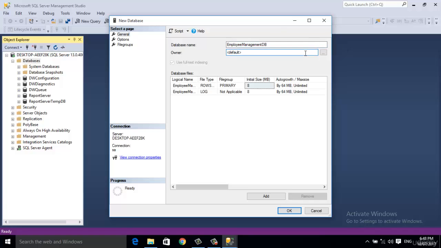Here it is asking about the owner. Owner can be a user. I am leaving it as is, which means the default owner of this Microsoft SQL Server will also be the owner of this new database.